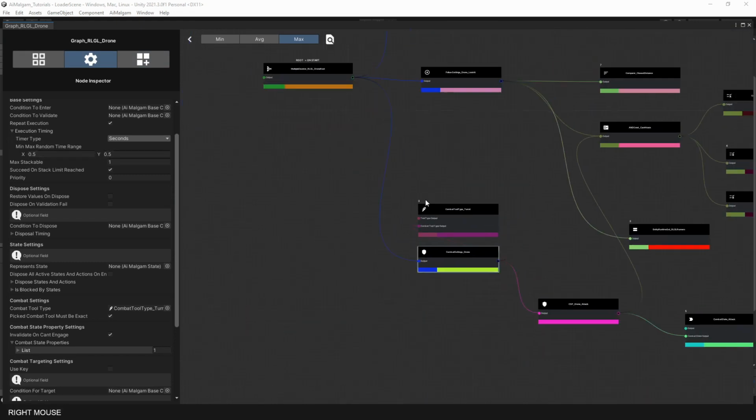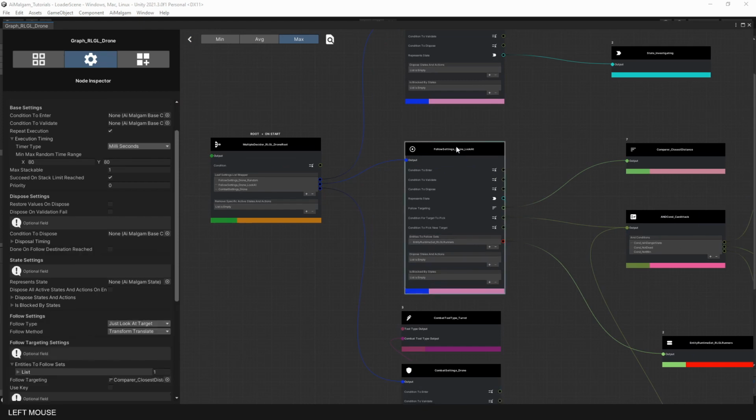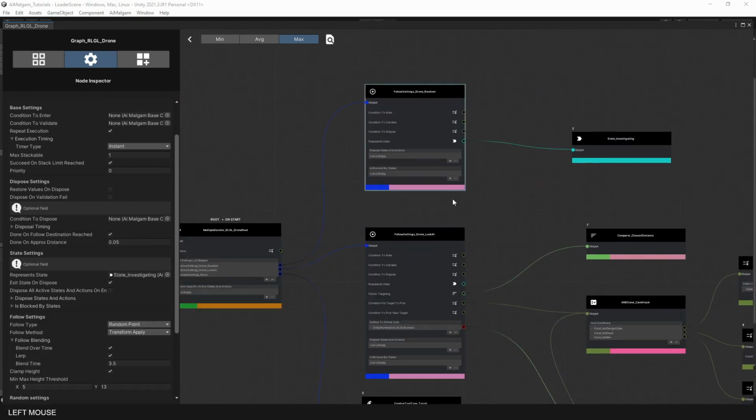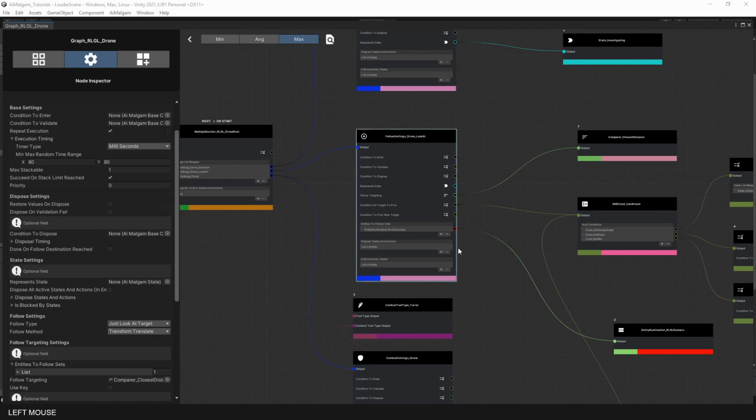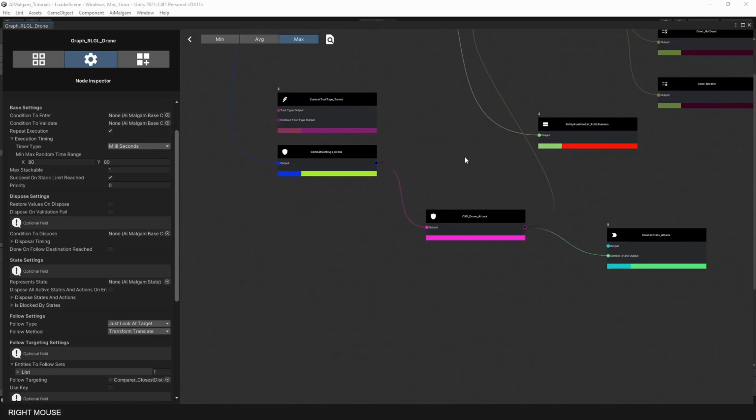Even the look at setting is not executed each update frame from the engine. So what do we have here? We have a simple